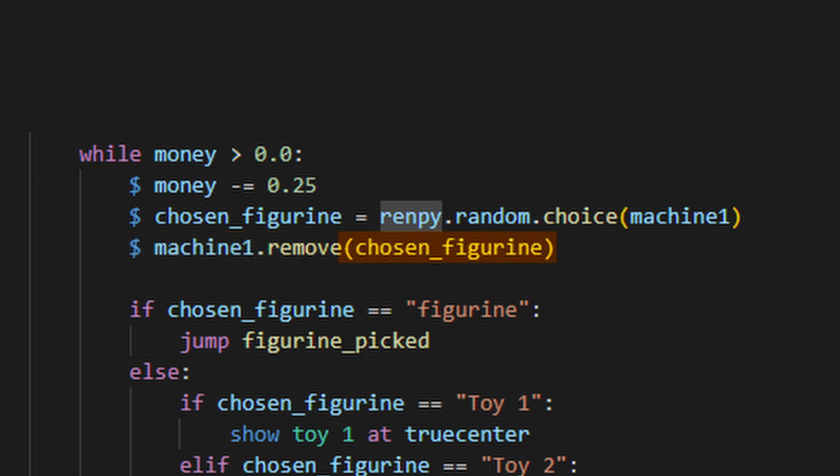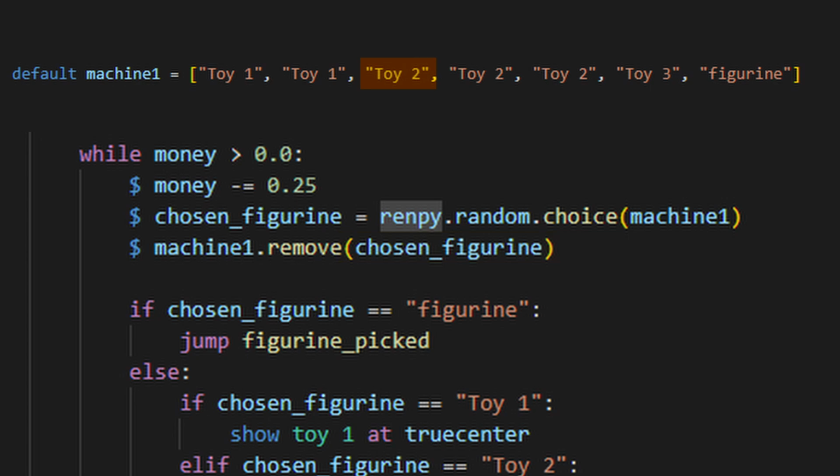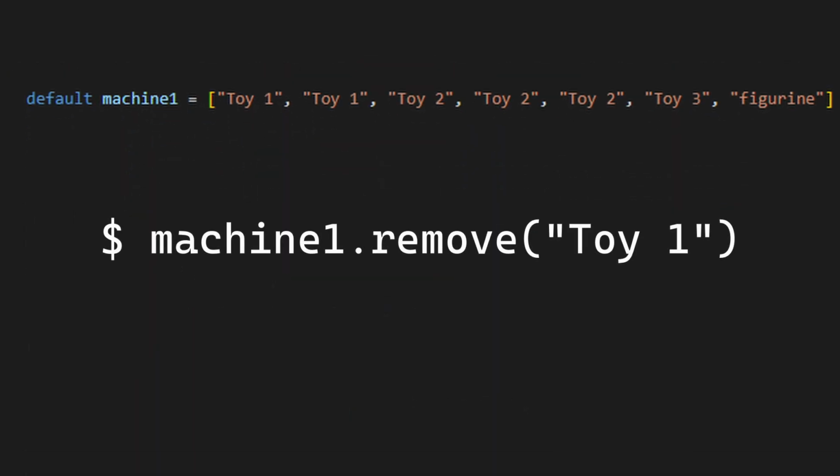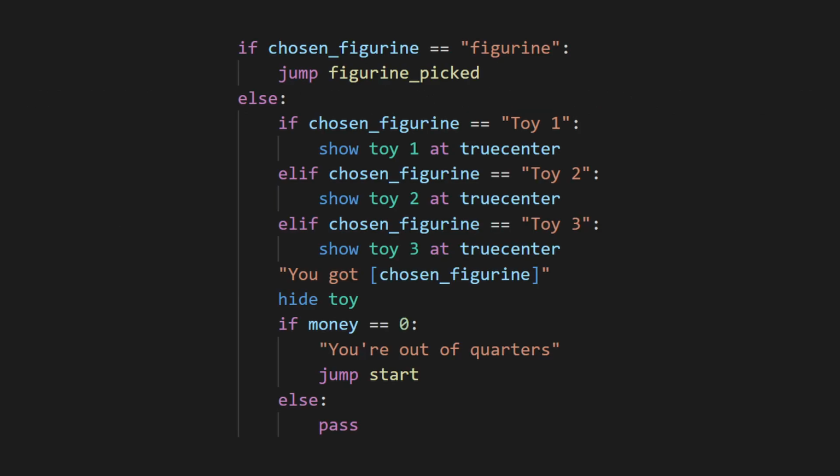$machine.remove, and in parentheses variable, and I'll remove that item from the list. I have duplicates in this list, so the machine.remove variable code will only remove one instance of whatever random item was chosen. In my original game, for every one of these different items, I had different if-else statements that would show a different image based on what